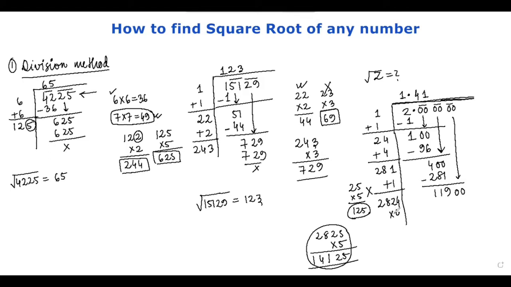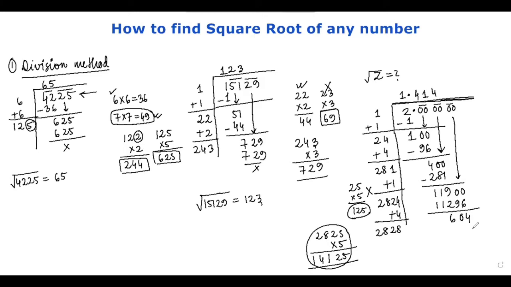Okay, so what we can do, we can add 4 here. Okay, so we'll get 2828 as our next divisor, and we'll add 4 here also, and after multiplying 2824 with 4, what we'll get? 4 4s are 16, 4 2s are 8, and 1 is 9, 4 8s are 32, and 4 2s are 8, and 3 is 11. Okay, so 406, and after that another pair of 0 will come down.